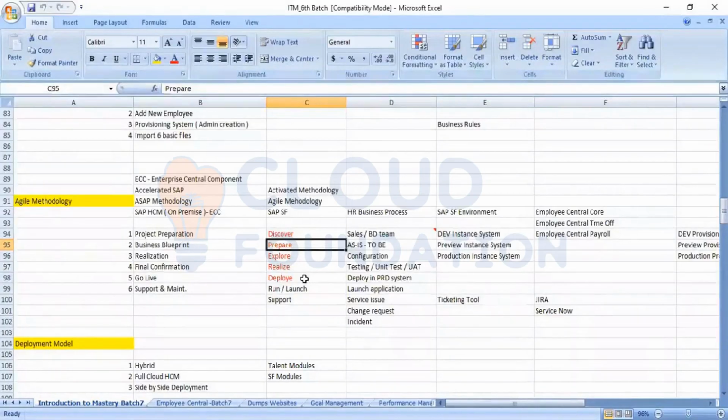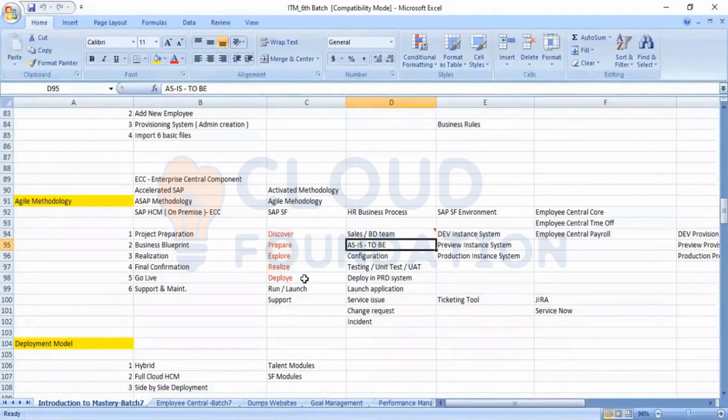will interact with the key users of that particular module from the product team, and they will gather the requirement. Once they have gathered the requirement, they will get a sign off of that requirement, that this is the final requirement, and then it will give a clear picture in the prepare phase. Before gathering the requirement, they will also try to elaborate what the existing process is, what the standard process is which they are following.